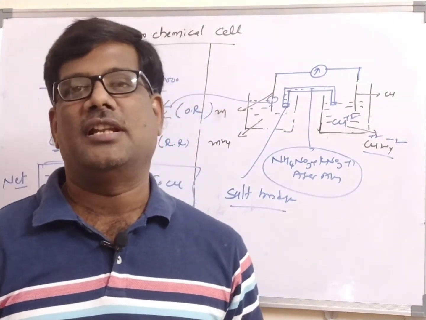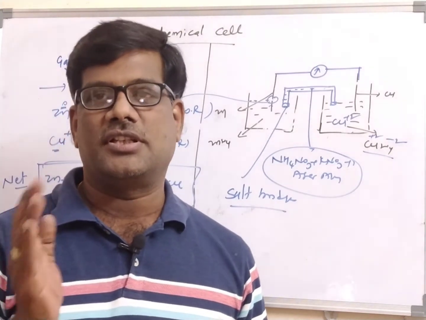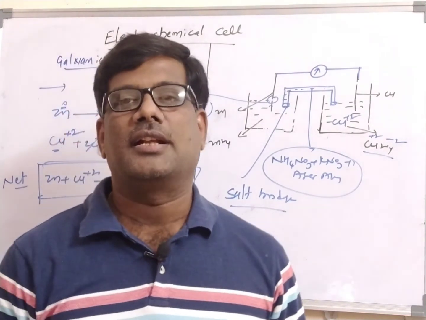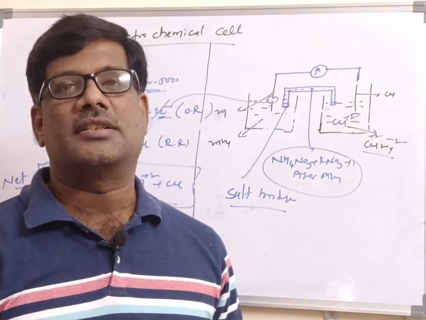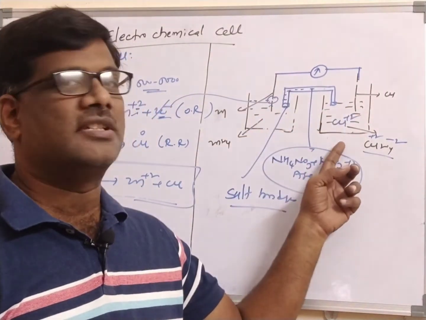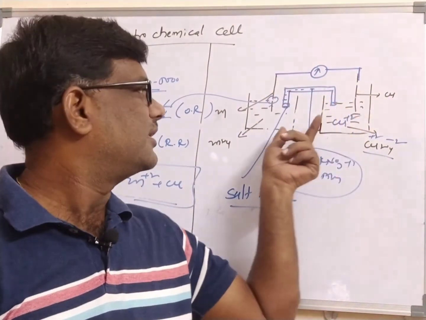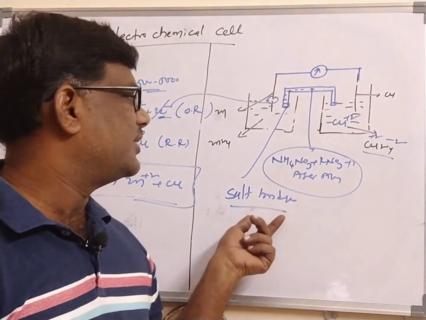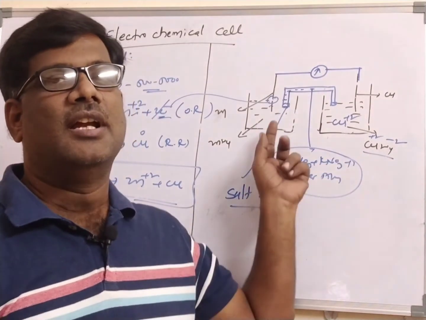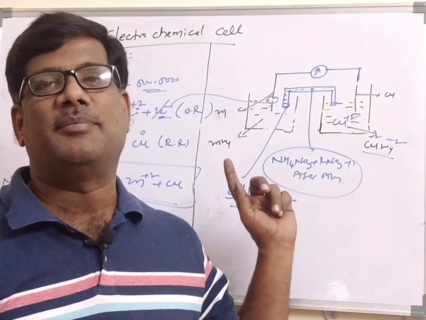Once again, simply, what is the electrochemical cell? This is important for the first year as well as the second year. A cell in which both oxidation and reduction take place simultaneously and produce electricity is called an electrochemical cell. The best example is the galvanic cell, which consists of 2 half cells, in which zinc is placed in zinc sulfate and copper is placed in copper sulfate. Zinc rod and copper rod are connected by the external wire to the ammeter. These 2 half cells are connected with the salt bridge, which consists of ammonium nitrate, potassium nitrate and agar mixture, and which allows the passage of the ions but prevents the mixing of the solutions.